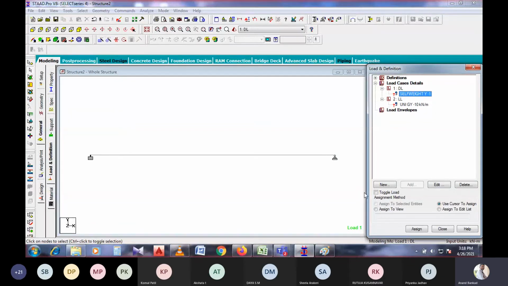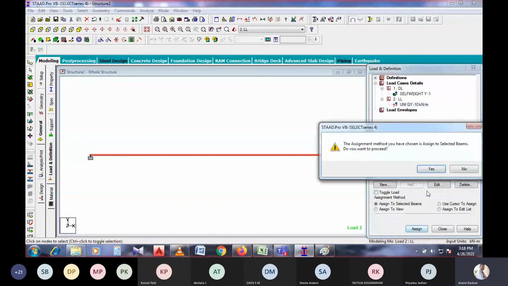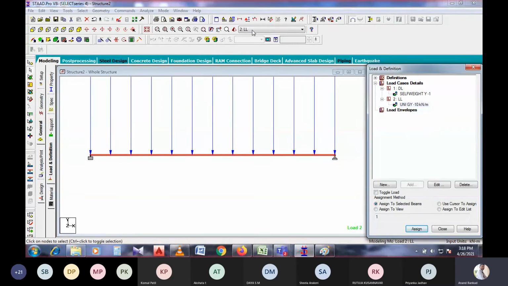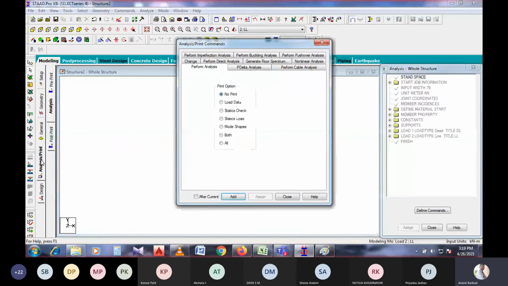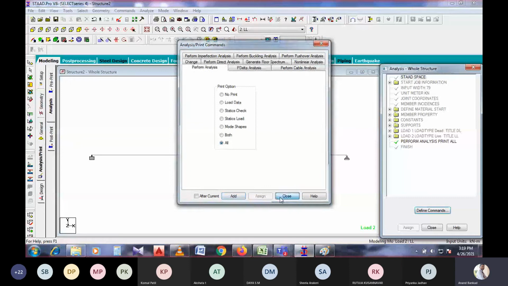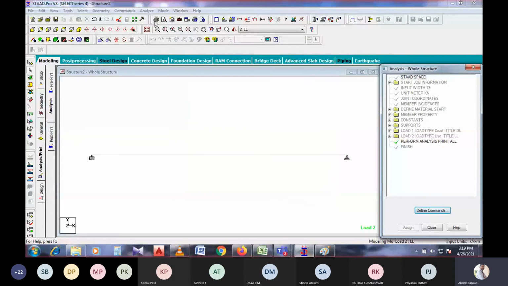Self-weight load is to be assigned for the total view, and again the live load is to be assigned for the selected beam. Right? This is how the load is applied on the beam. Correct? So after assigning the load, just we have to go for analysis. Analysis and then all, just click on and then add. Right? After this, you have to go for analysis, run analyze, and then save it.